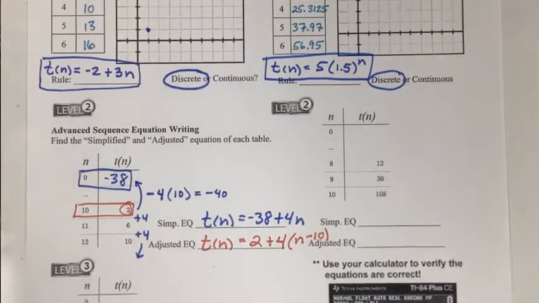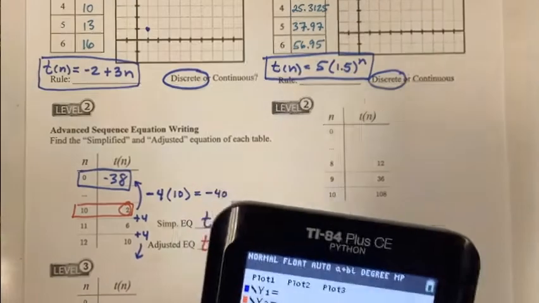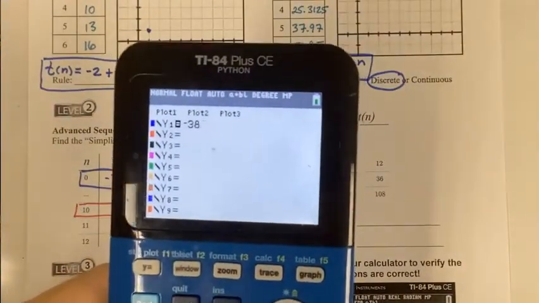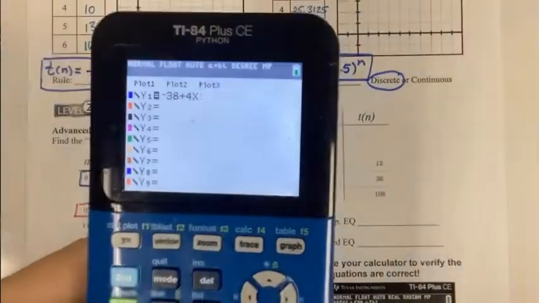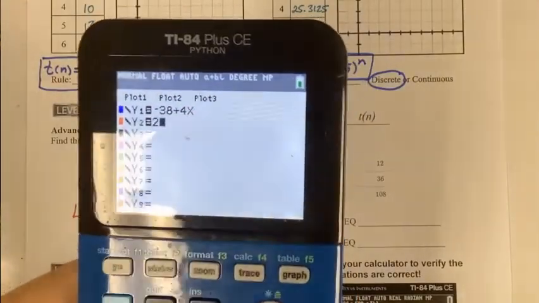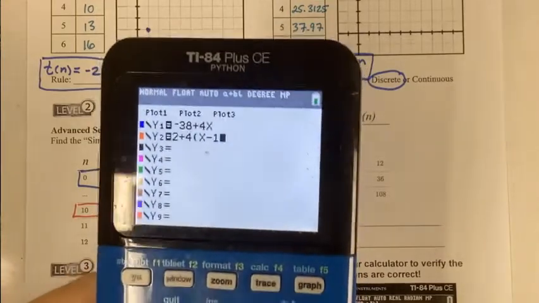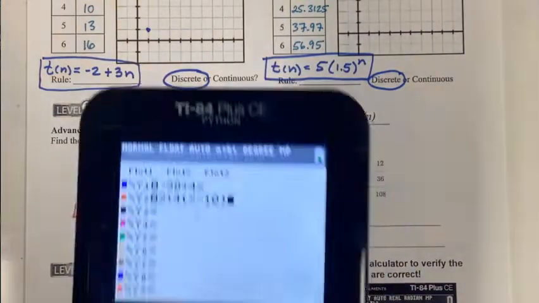Now, the next thing on a test or a quiz, when we ask you, or even the homework today, when you're asked for these adjusted equations and you're not 100% confident you have the right equation, you can always check your answers. I'm going to put that equation in here first into my calculator as negative 38 plus 4x, or 4n essentially, but I'm going to write it like this first. I'm going to take what I think my equation is next, which is 2 plus 4, and then parentheses x minus 10. If these are the exact same equations, values that make this sequence, I can verify that with the